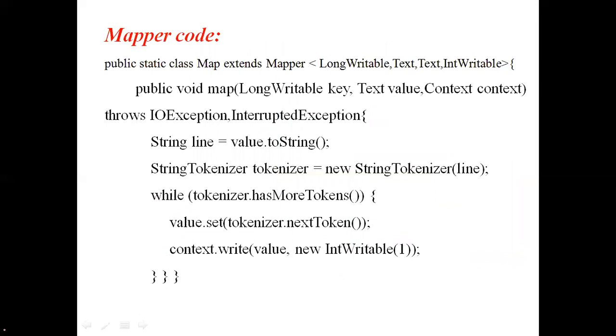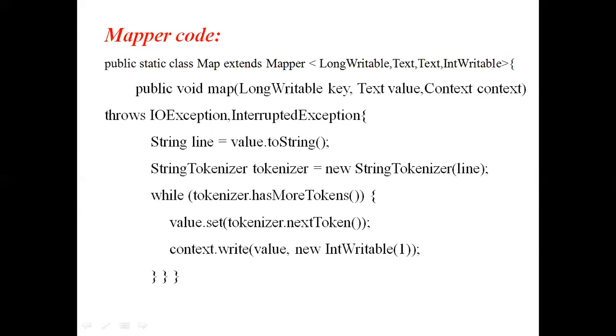Is it clear, guys? Into the string value, we are entering each token. For value of zero, the first deer will come into value of zero. Next, beer will come into value of one. Next, value of two will contain the river. Immediately, for value of zero, the first value, we are attaching one. For the second value also we attach one. For every word we are reading, we will attach the value one. That is what is happening in the mapper code. I think you have some rough idea on this one.